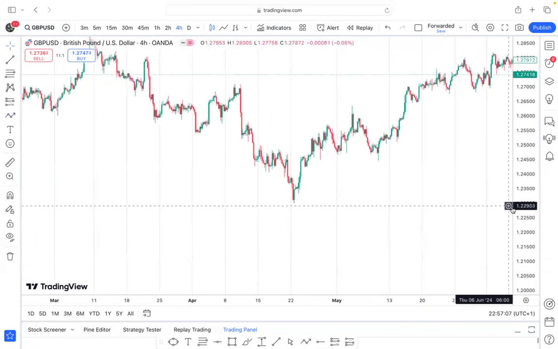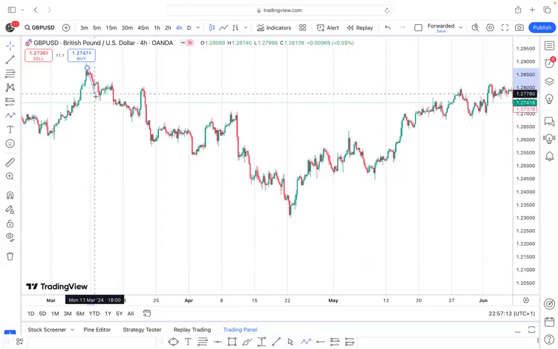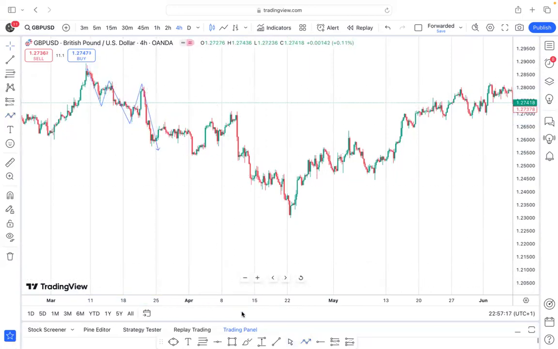Let's use this one for an example. Look at price. Price is creating a series of what? A series of lower highs and lower lows. When price broke this support